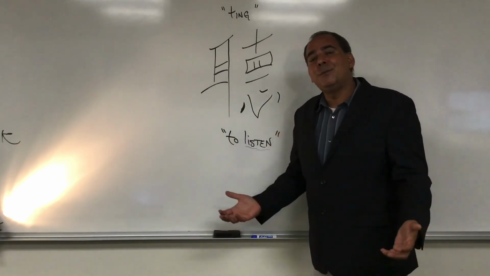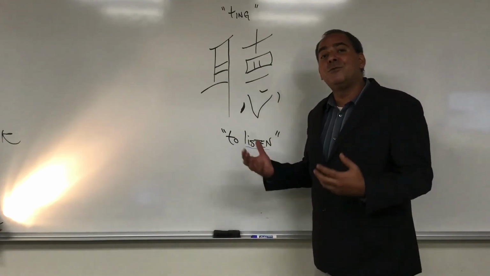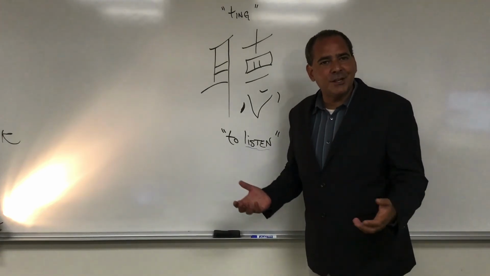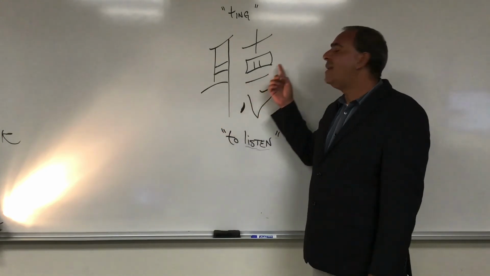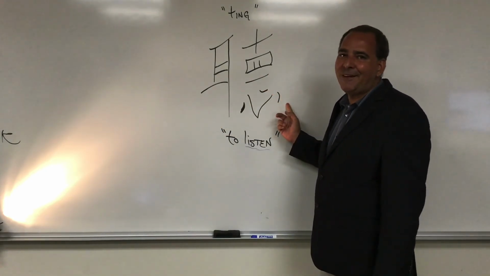So it's arguable that ever since a very young age, as Chinese children are learning how to write out the verb to listen, they already have almost a direction, a playbook, if you will, that we should listen with open ears, open eyes, our undivided attention, and of course, an open heart.